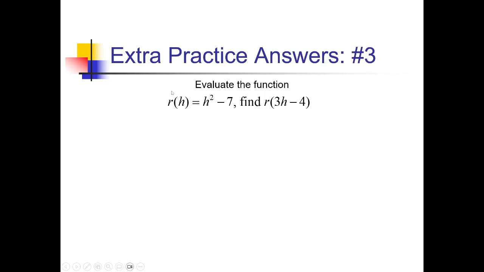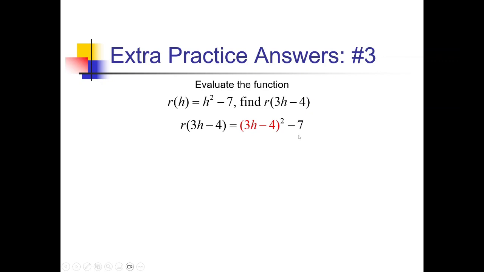For this problem, I have the r of h function here, which squares something and then subtracts 7. And into this, I'm trying to plug 3h minus 4. So this one's a little bit crazier than the last two. This time I'm not just plugging a single number, but a whole expression in wherever I see an h. So instead of writing h squared, I'm going to write parentheses 3h minus 4 squared, minus the 7 at the